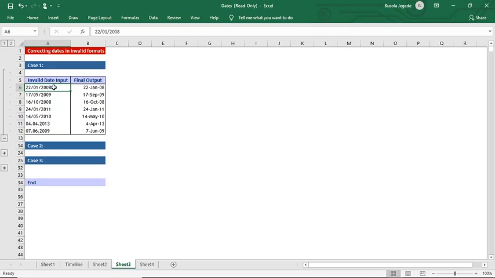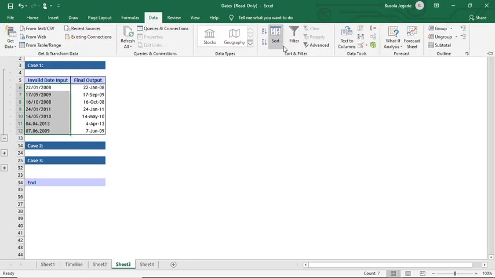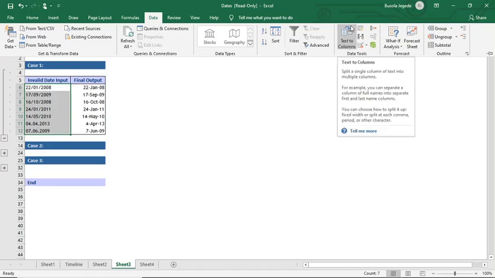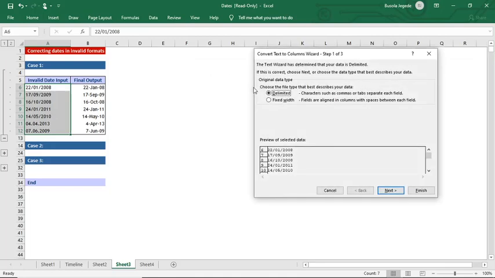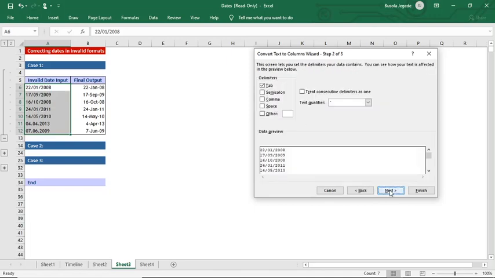What I want you to do is highlight all the invalid dates, come over to the text to column box, or what I like to call the confession box, and press enter. For now, you don't need to bother about choosing delimited or fixed width. Just press next. Then here, just make sure that everything is unticked. So I'm going to untick tab. Nothing should be ticked here. Then press next again,